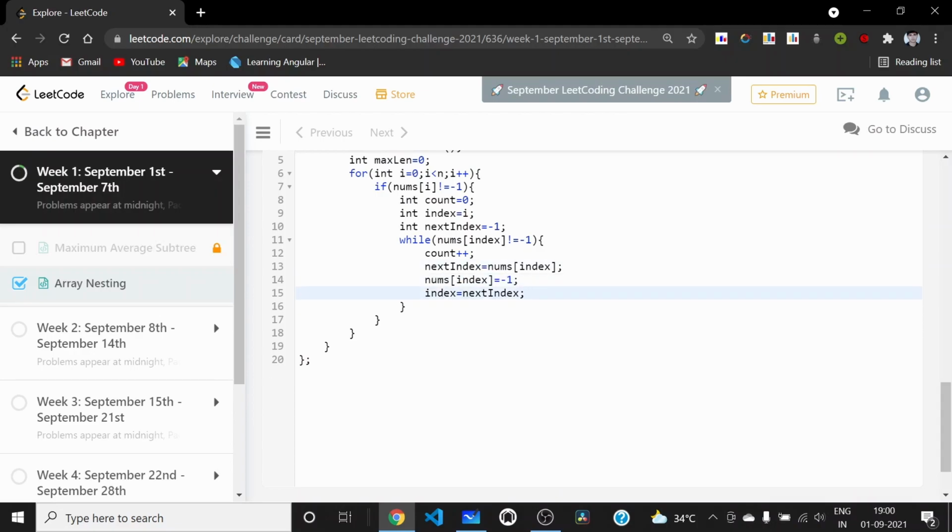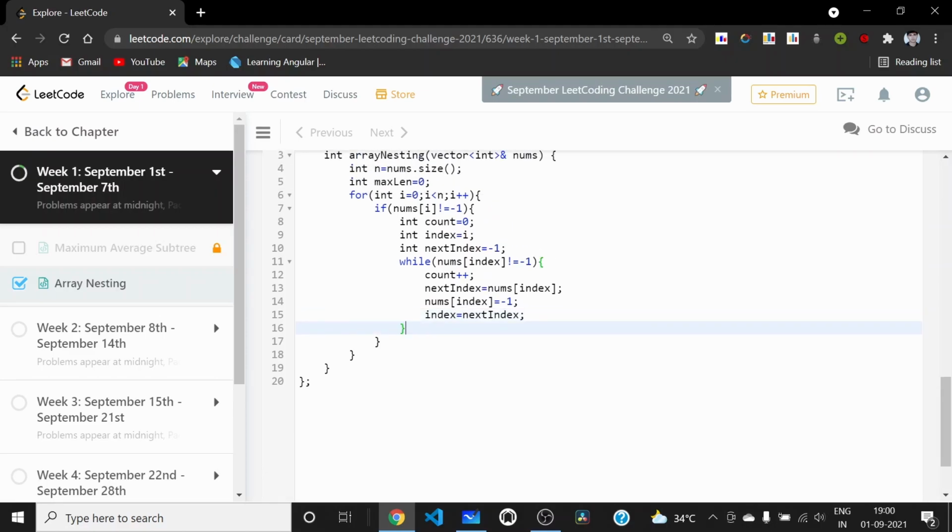This will work just fine. Now we'll have the count after the end of the loop, so we need to update the max length. Okay, everything is okay till now.